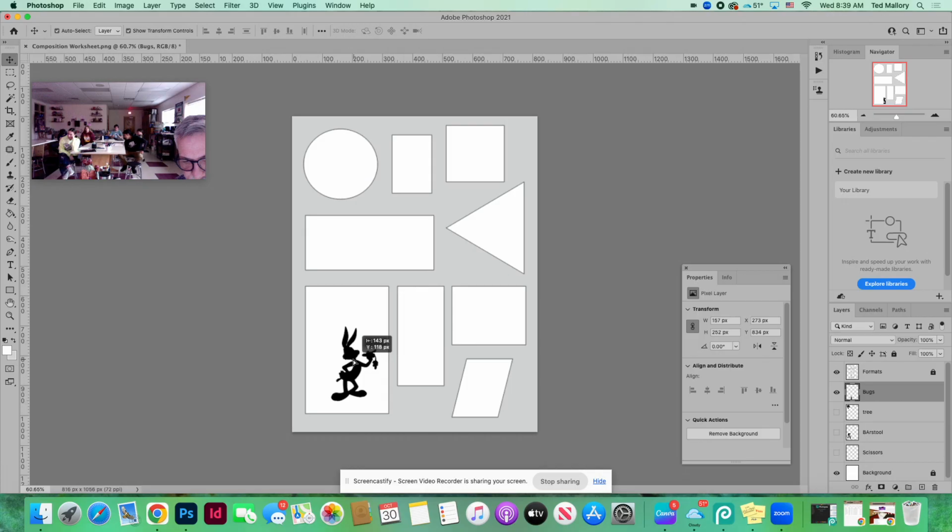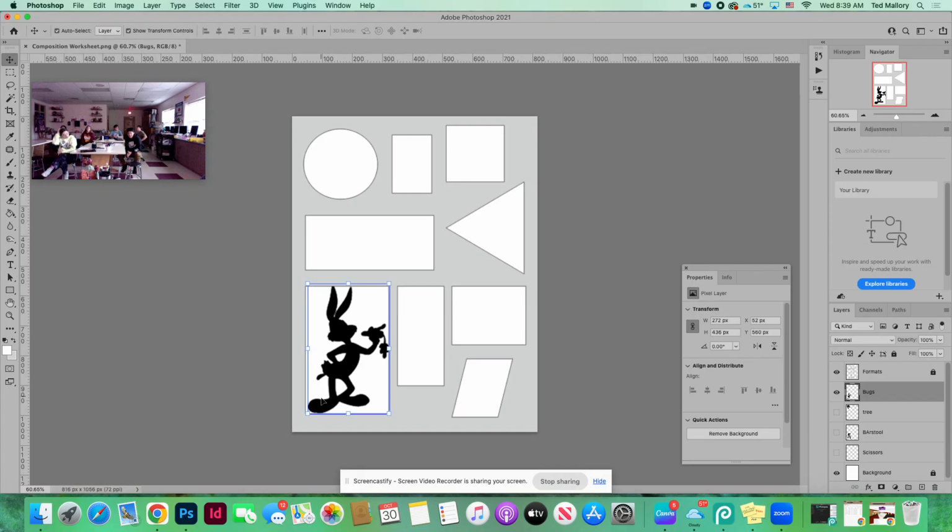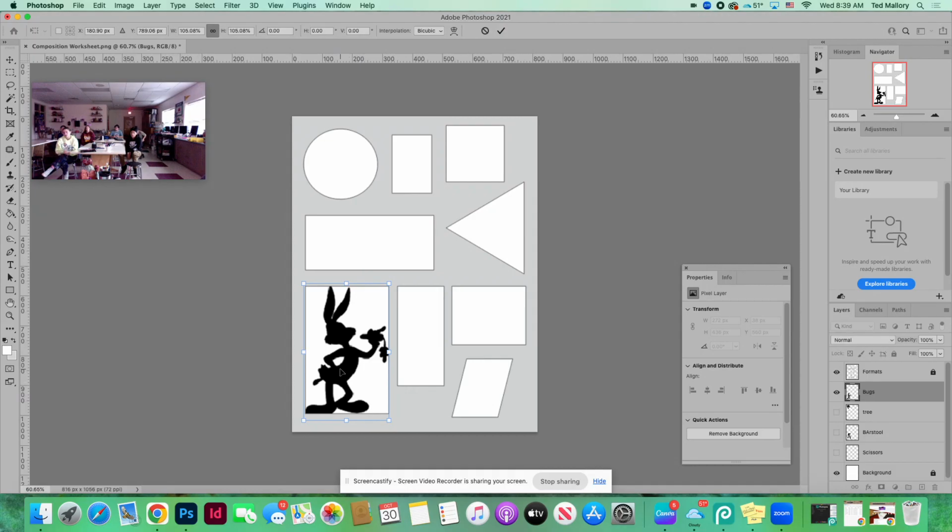Okay, so let's take our friend, Bugs. Once again, in this big format, he's pretty small. If I try to enlarge him so he fills that format, I can make a stronger composition, because see where his foot touches this corner and where his ears touch the top. When you relate to the format, as my professors called it, or touch the format, in fact, if you can touch it in not just one or two places, but in three places,